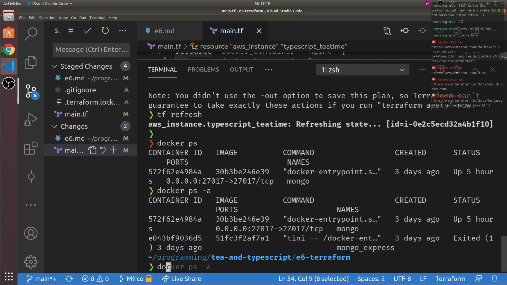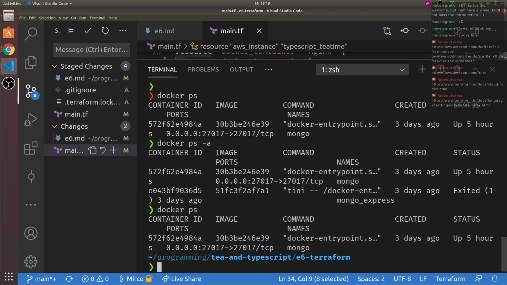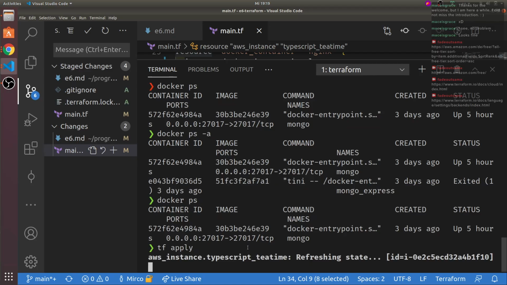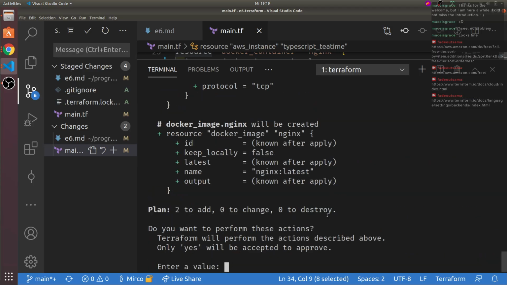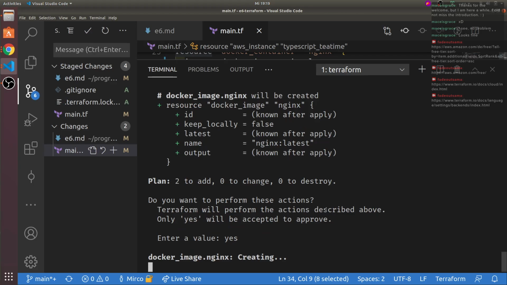Whatever happened to it. But now if we run tf apply again, it refreshes, it plans, and if we write yes, approve to the changes, then it will do the magic.